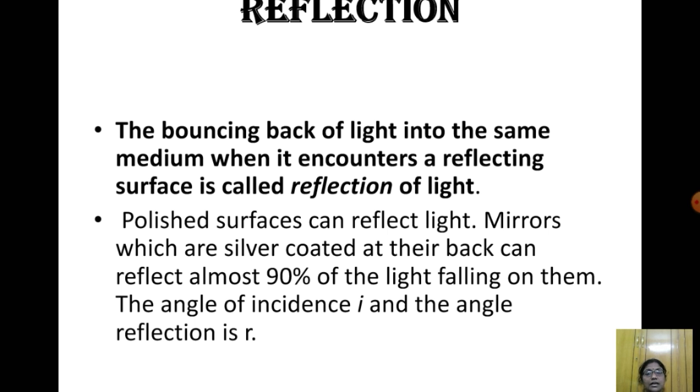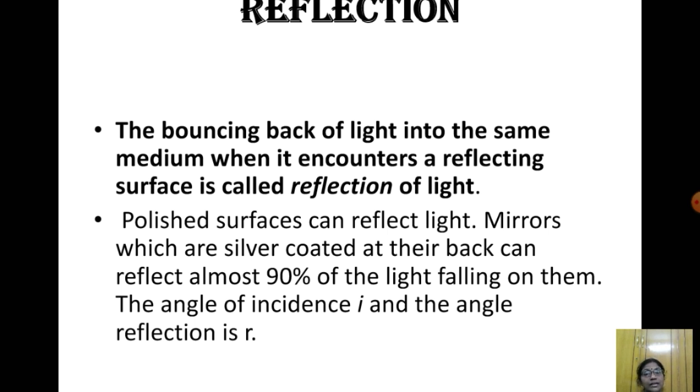For that, we have to consider a plane surface, like a mirror. When light rays travel from one medium and are made incident on this reflecting surface, the ray will be reflected back. This we call the reflection of light. The phenomenon of light returning back from the interface is called reflection. We have another phenomenon, refraction, that takes place in another medium. When a light ray travels from one medium, strikes the interface and enters the other medium, there will be a change in direction, which is called refraction.